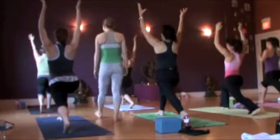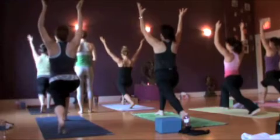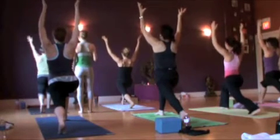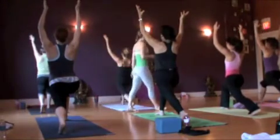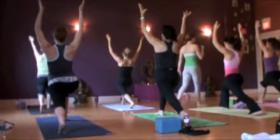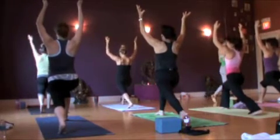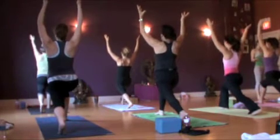Now your palms can face one another, forearms parallel. And then as you gaze at one point, just feel how your breath moves. So you find that middle path, that middle expression where there's a lot of strength, then there's a lot of ease and let go. And that's when you're breathing,